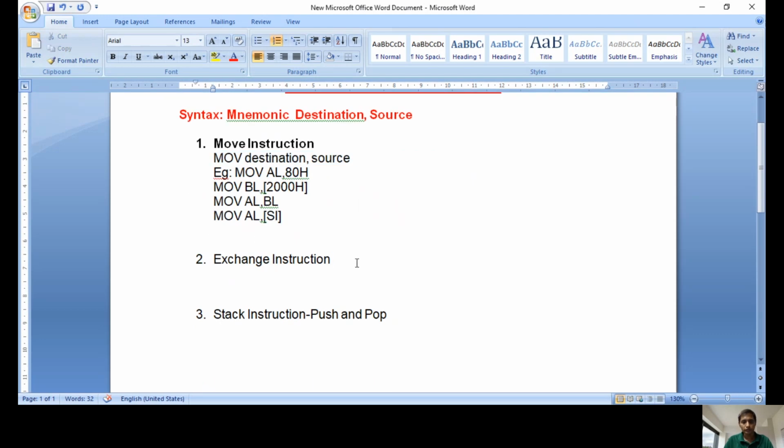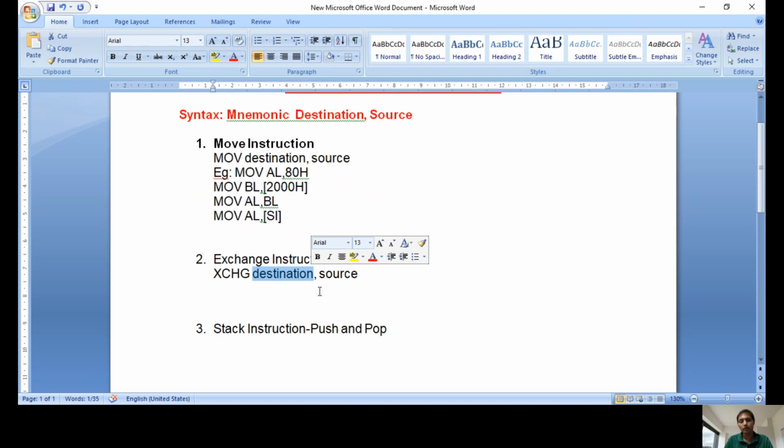Coming to the exchange instruction. The syntax for the exchange instruction is XCHG destination, comma, source. In this case, the data present in the source operand and the data present in the destination operand are exchanged simultaneously.